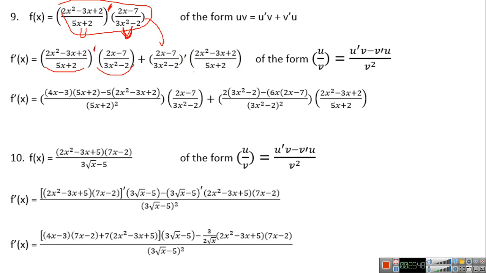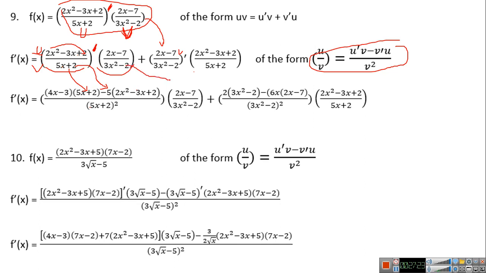Now I have a prime, so I ask myself, this is of which form? You can see it's of the form u over v, and here it's also of the form u over v. What's the derivative of u over v? U prime v minus v prime u over v squared. Everything has a property. You cannot put your own property. So this is of the form u over v. We're going to do it directly. U over v is u prime. Let us derive the numerator. It's 4x minus 3 times denominator, minus, derive the denominator, 5x plus 2 is 5, times the numerator, over denominator square